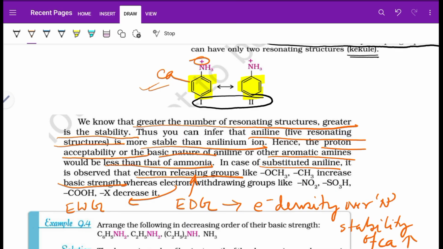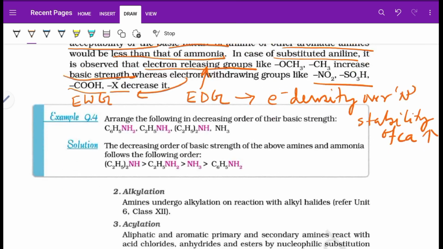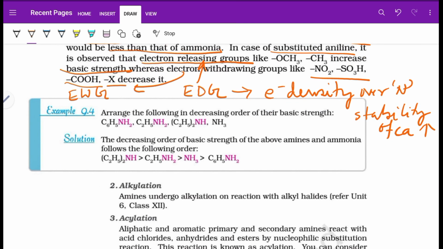And such electron withdrawing groups are NO2, SO3H, COOH, X, all these atoms or groups of atoms that have the capacity of taking away electron density from the benzene ring, maybe on account of minus I or maybe on account of minus R effect. So, this is an example question where we can see: arrange the following in decreasing order